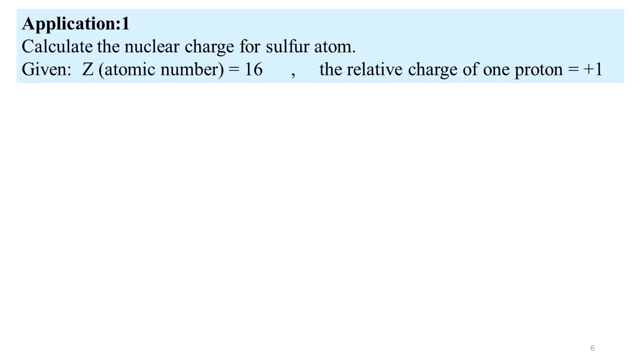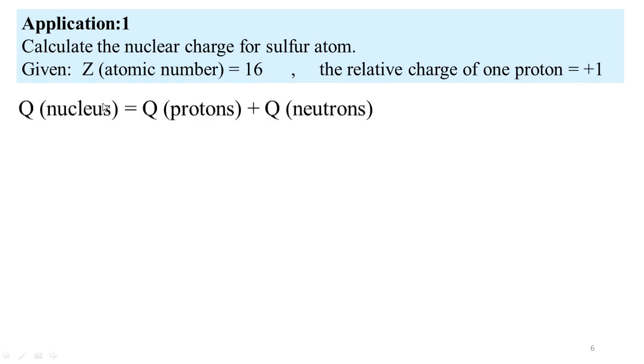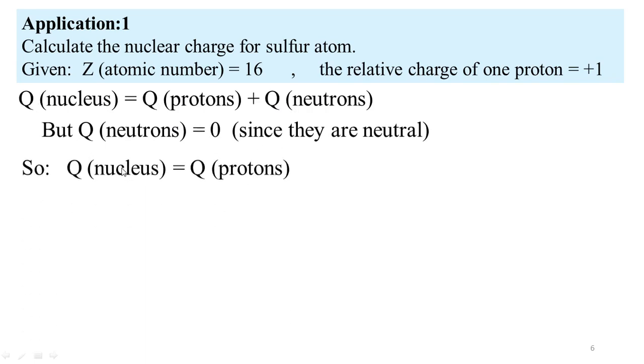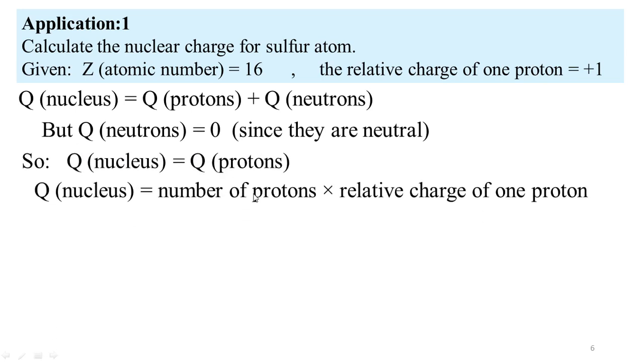Let's solve this application together in order to understand more how to calculate the nuclear charge. Calculate here the nuclear charge for a sulfur atom. Given the atomic number is equal to 16, and you have the relative charge of one proton, it's equal to +1. So again, you have to write the charge of a nucleus equal to the charge of protons plus the charge of neutrons. But the charge of neutrons is equal to 0 since they are neutral. So the charge of a nucleus is equal to the charge of protons only,